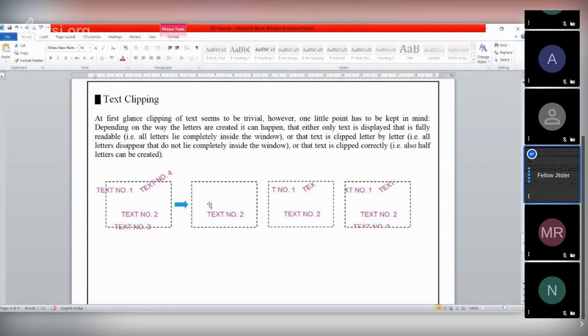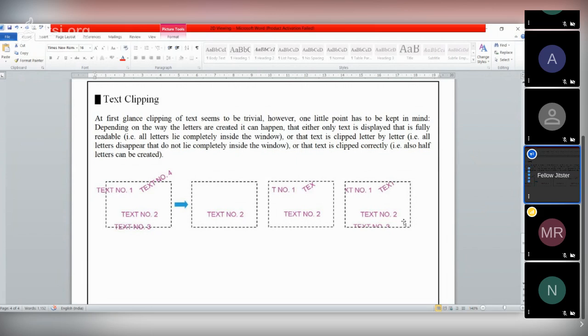And the other is called text clipping. The third type is text clipping, where we consider only the boundary of the window, as in the fourth example. We need not check whether it is a complete string or a complete character.